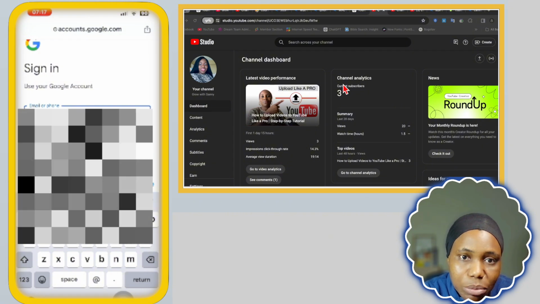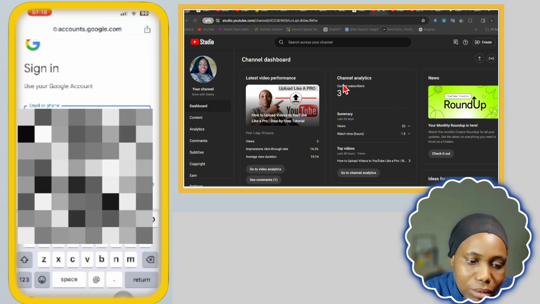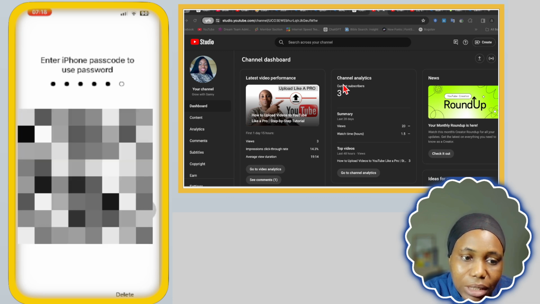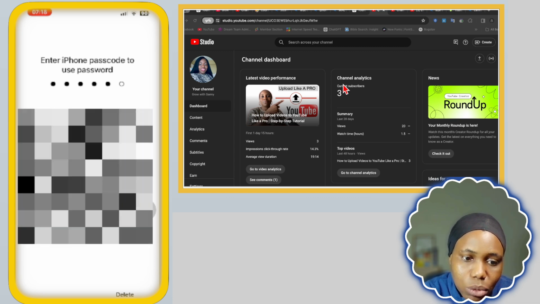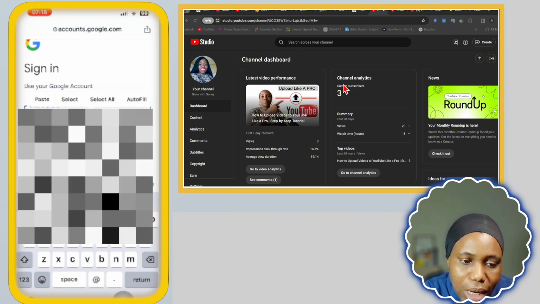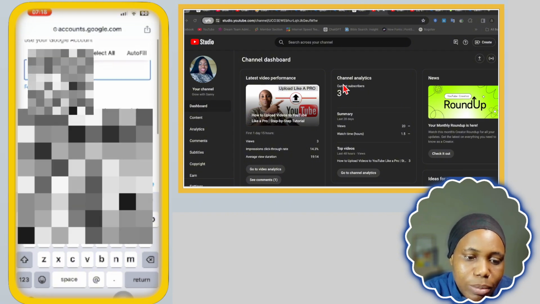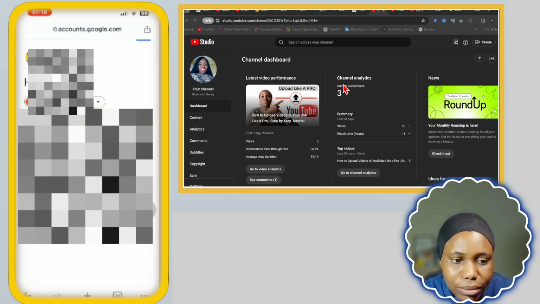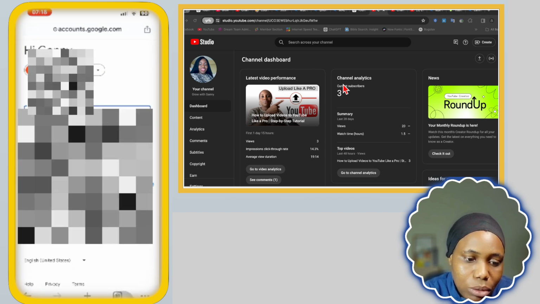So it will ask me for my Gmail account, which is this. You are not seeing it because it is asking me for my code, so it will block it, but you can see that's my Gmail account. Okay, then I will go back and press okay, next. It will ask me for my password. Okay, so